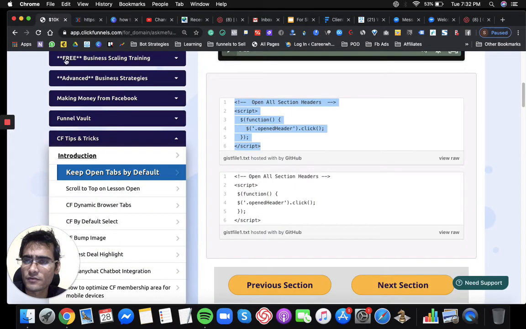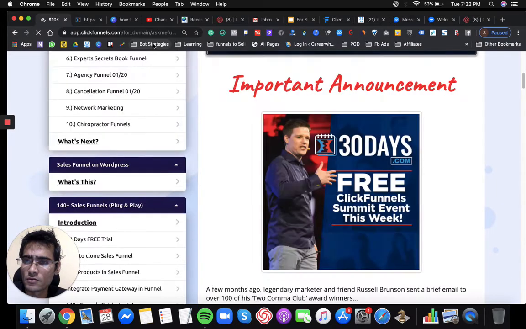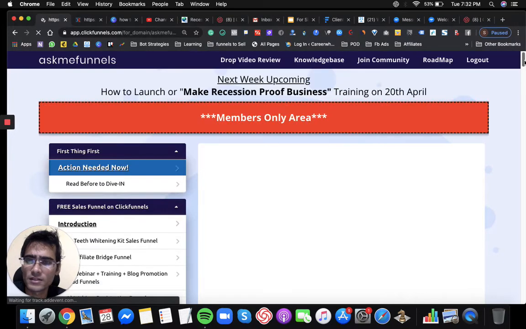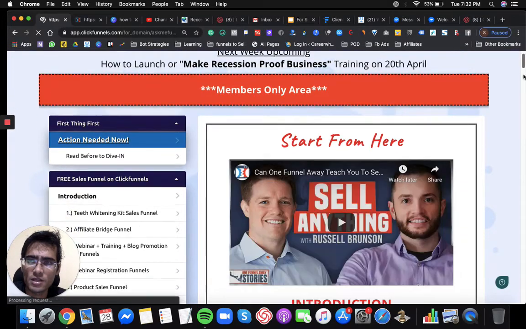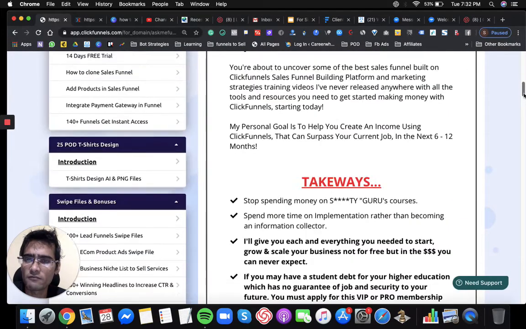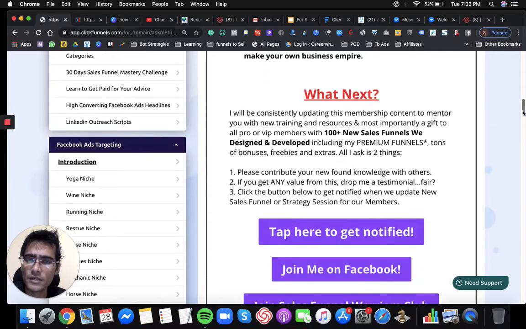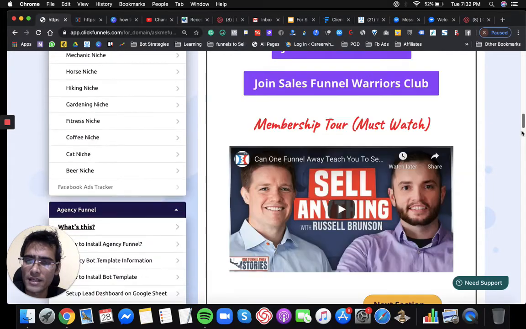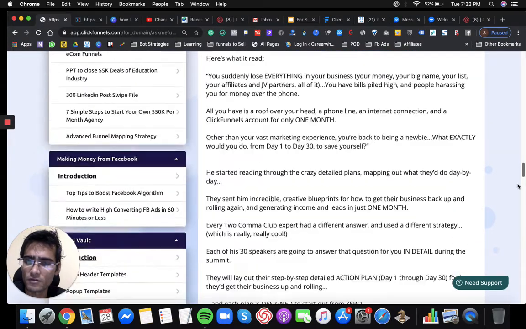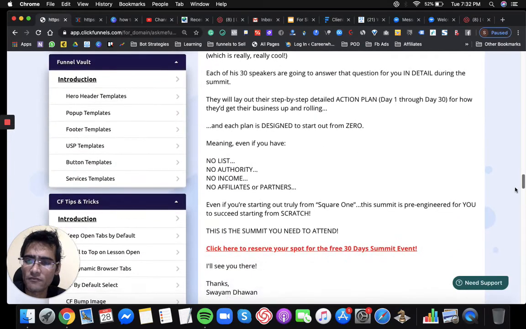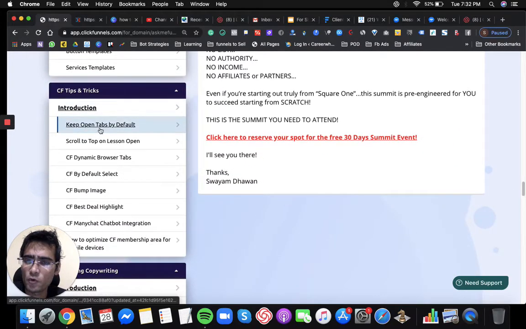and just refresh this membership area. So what happens is that now you can see all the tabs inside the membership area are now open by default. All right, so now all the tabs inside the membership area are open for everyone. Basically, we recommend using the keep open tabs by default if you